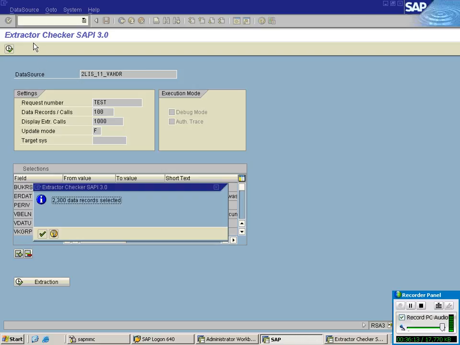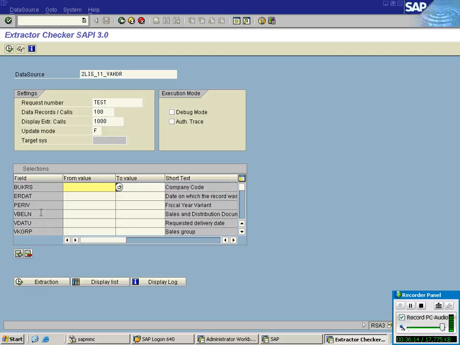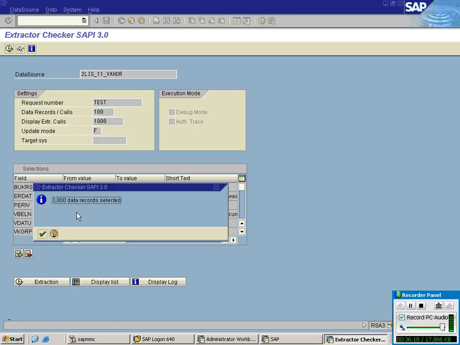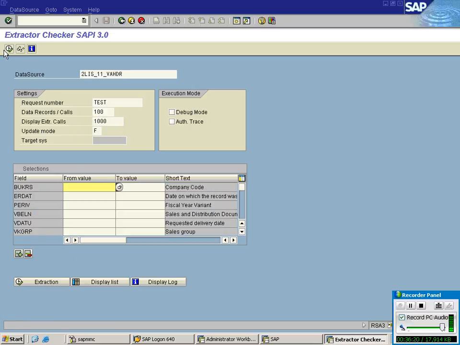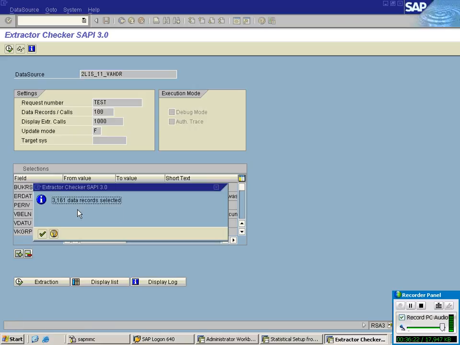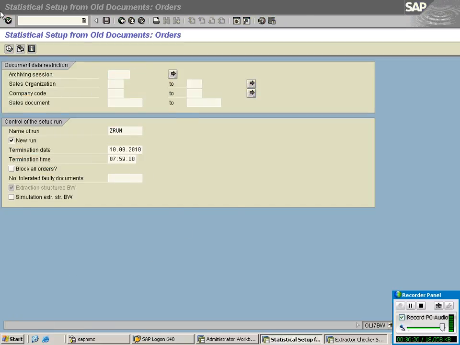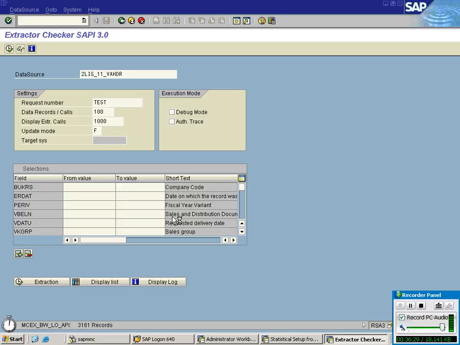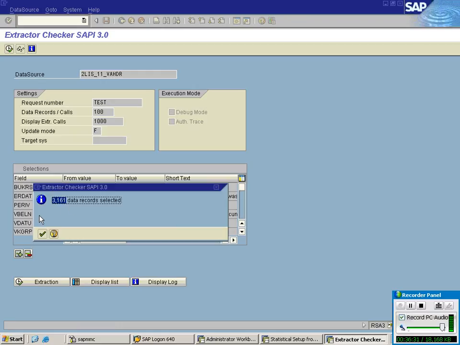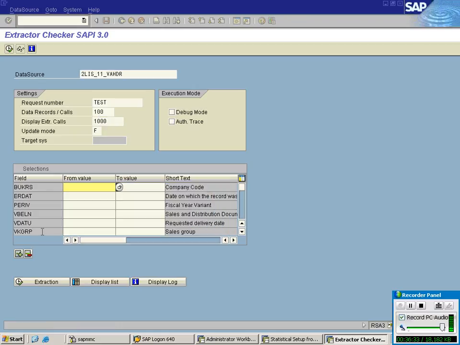So it is showing some 2300 records. There could be more than that. Once again extract. 3000. Still the job is going on. 161. Now the job is terminated. That's why you got these many records. That's clear.